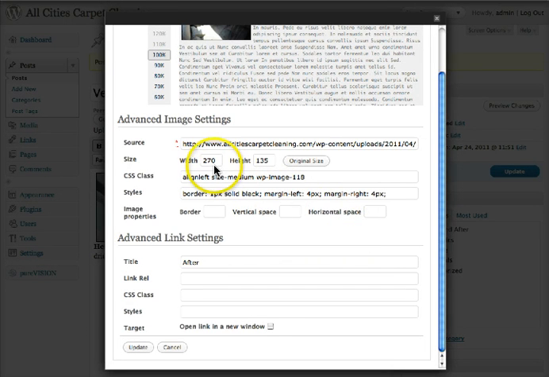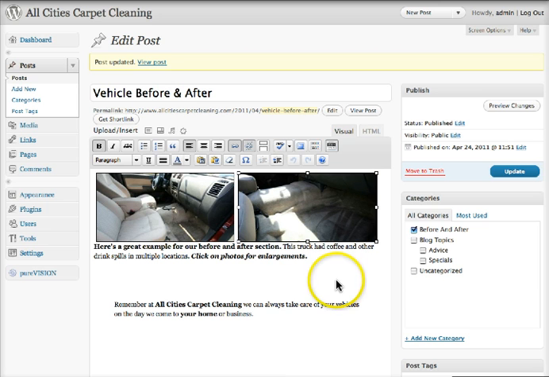But again, by using 270 with 2 photos, we got plenty of room in there, and it's not tight space at all. That's basically it. That's all there is to it. It's not that hard. Okay, so I'm going to do one more video